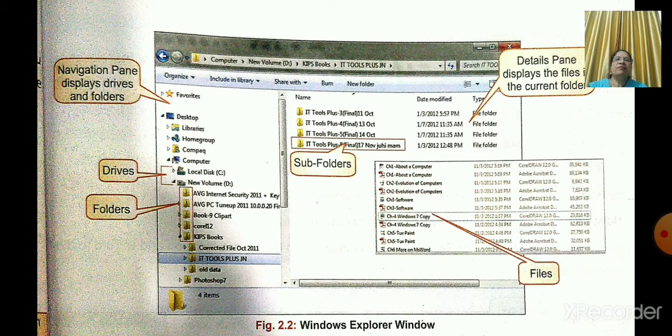Now we will open Windows Explorer and we will learn what is a folder and what is a file.